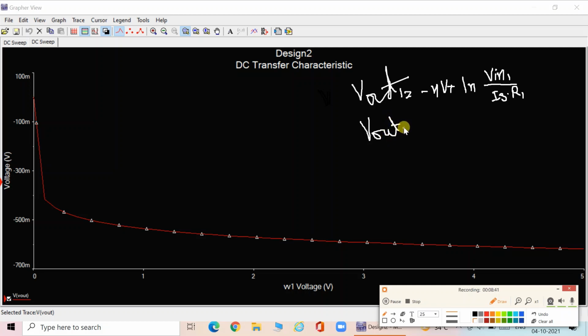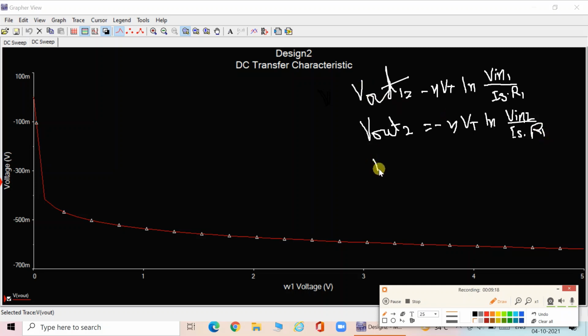V out 2 equal to, again same, minus eta Vt ln, this will be same, V in 2 divided by Is into R1, because the resistance is the same one.